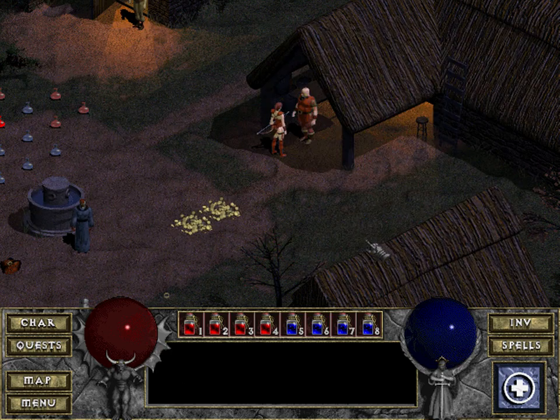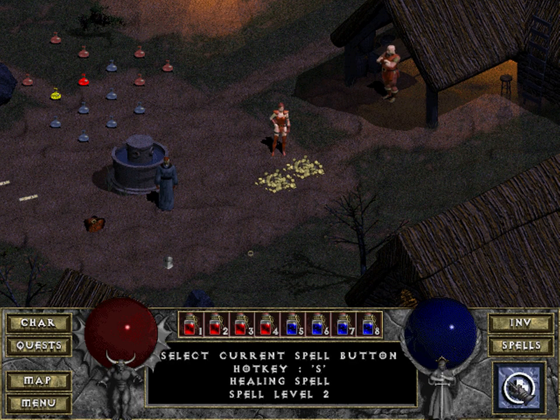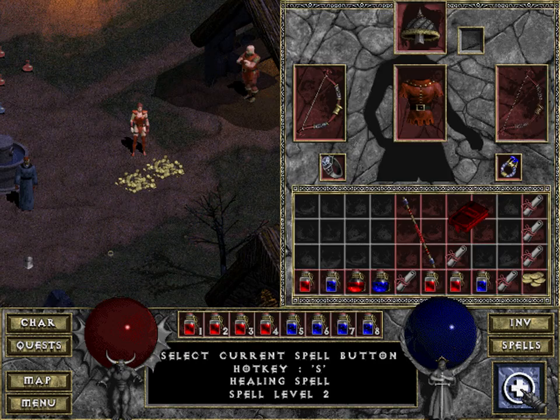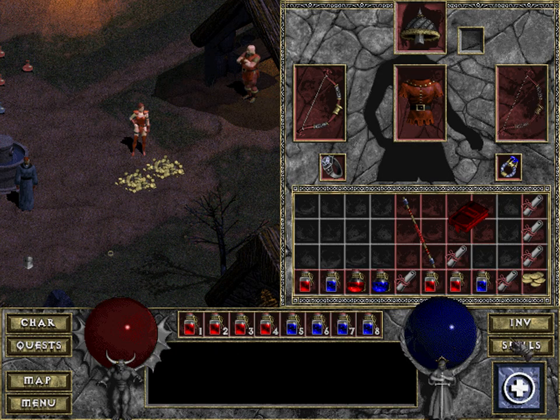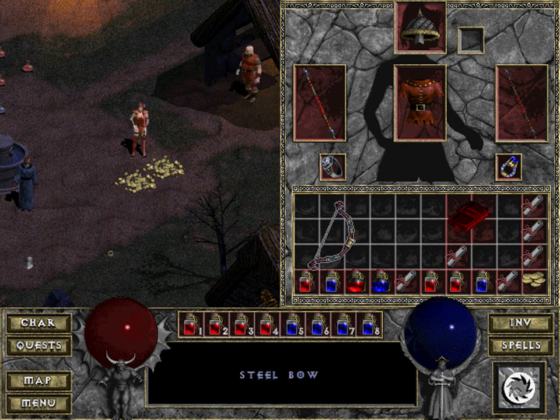Yeah, Staff of Town Portal. So, I was going to demonstrate using staves, but it's pretty much like using any other magic item. The only catch is, to have access to the spell, you have to have the staff actually equipped. So, if I have the staff on,